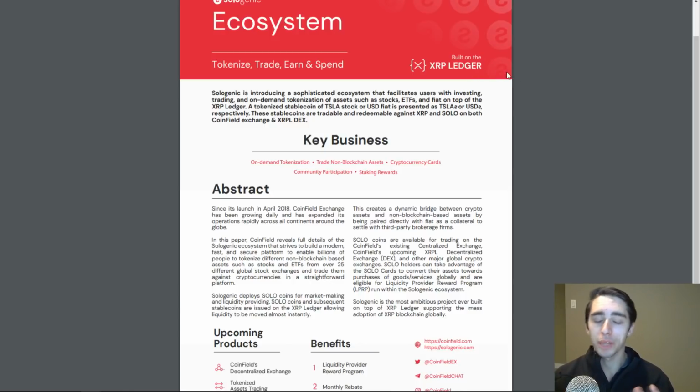Now, again, this is really interesting here. The XRP ledger system, from what I've seen so far, has not really had any big projects built on top of it. I haven't seen people really utilizing the fast transaction speed and the distributed network of banks that make up the XRP ledger. And this is actually kind of cool to see something being built on XRP. Again, I've been keeping up with XRP for some time.